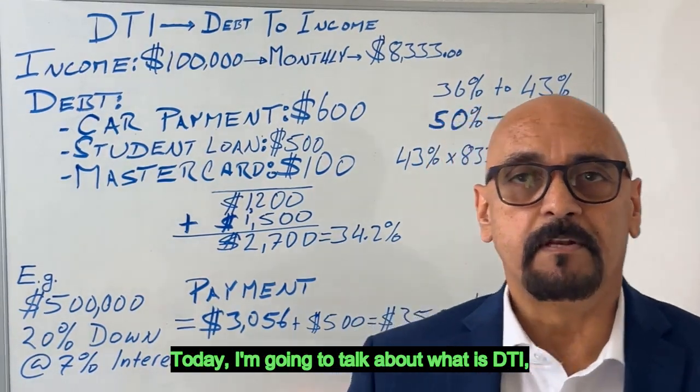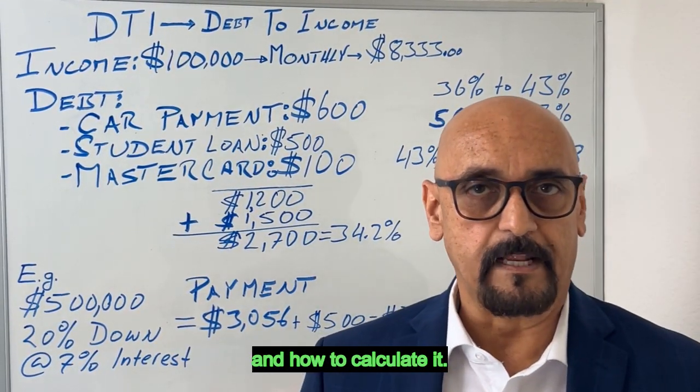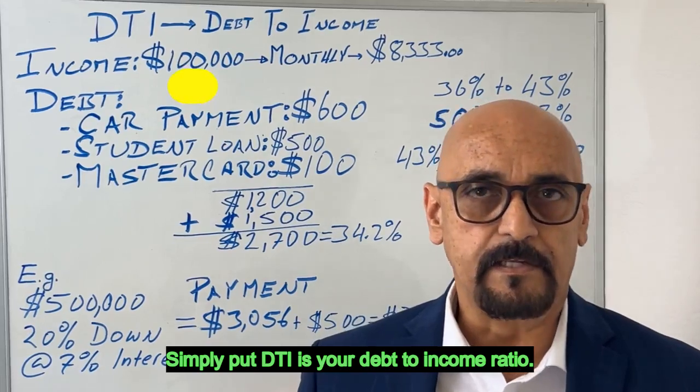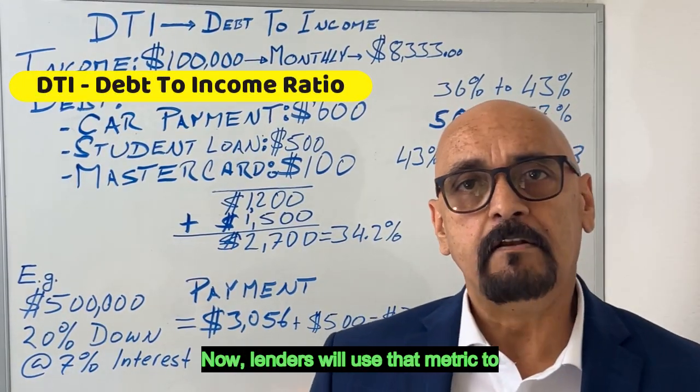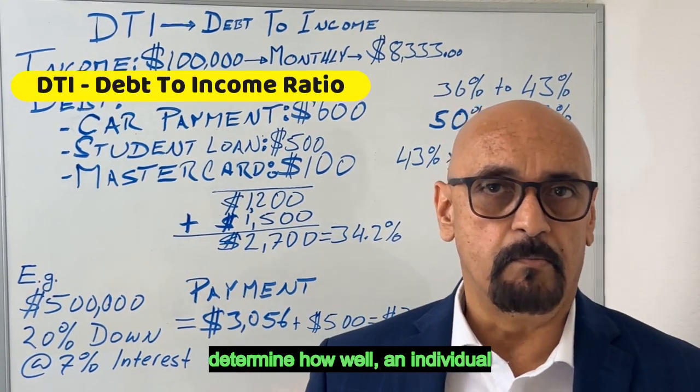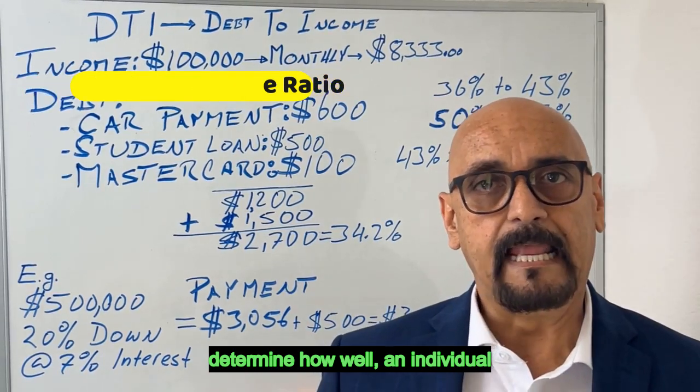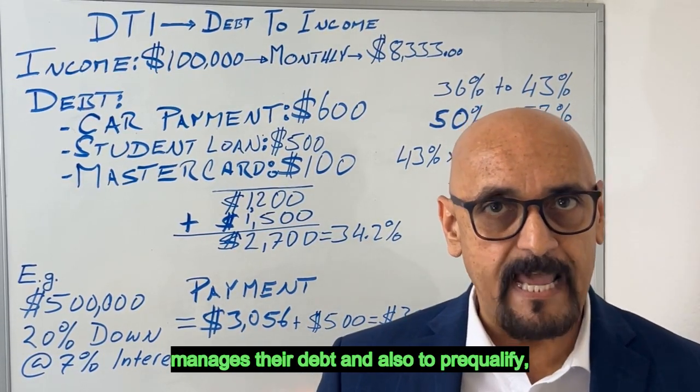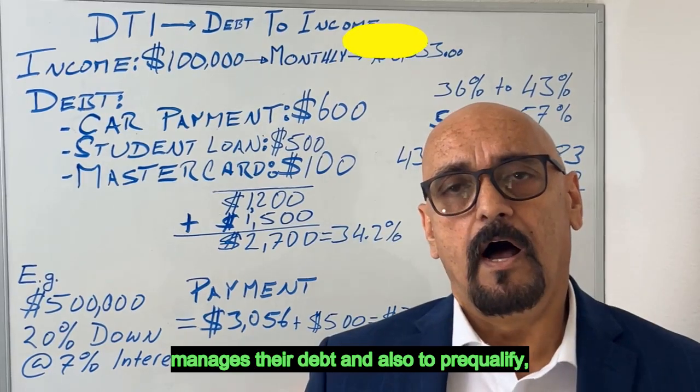Hello everyone, today I'm going to talk about what is DTI and how to calculate it. Now, simply put, DTI is your debt to income ratio. Lenders will use that metric to determine how well an individual manages their debt and also to pre-qualify someone